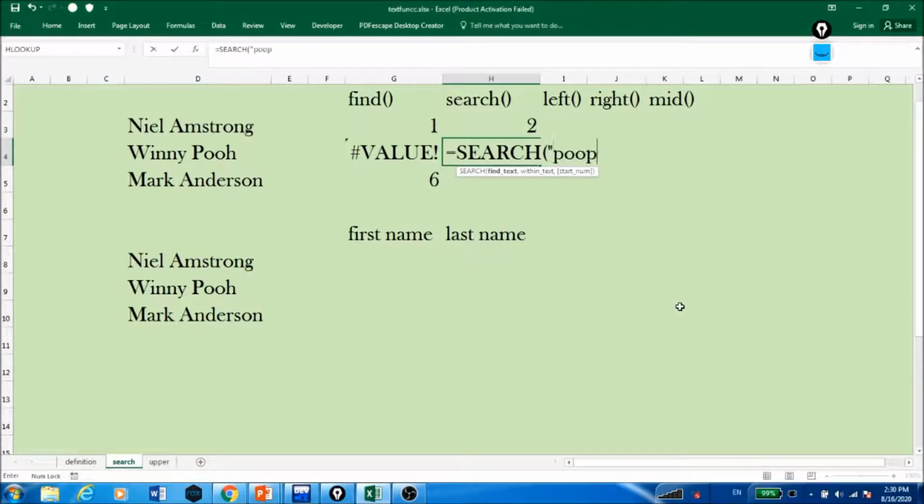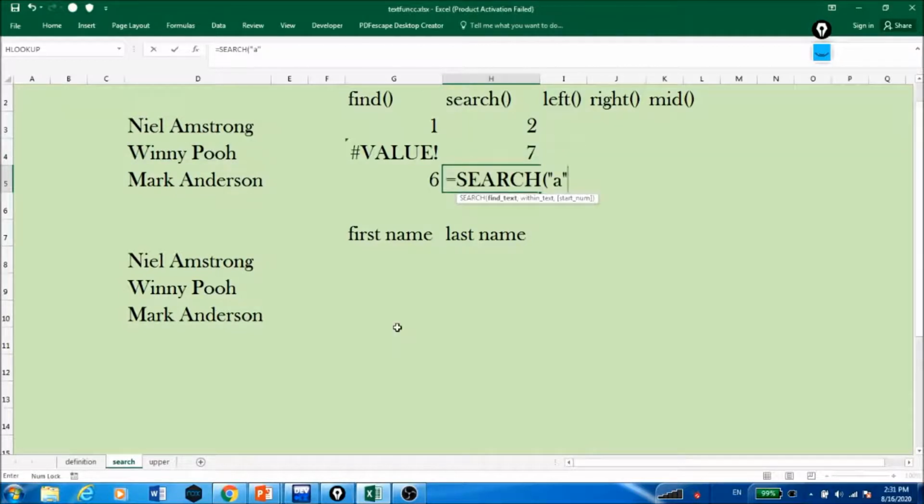Search function, as this is case insensitive, right? And suppose if you are giving small p, comma, from text, it will give you the correct result. It is not a must to give, if the name is in capital then you have to give the capital, right? It's nothing like that because search function is case insensitive.